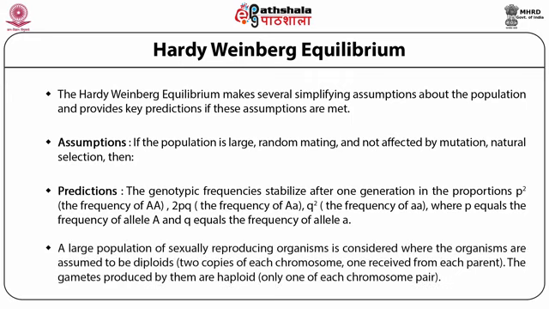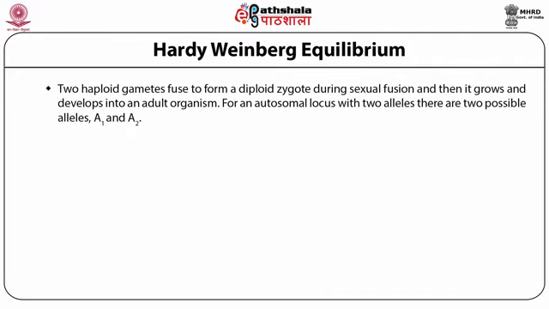A large population of sexually reproducing organisms is considered, where the organisms are assumed to be diploid. By diploidy, we mean two copies of each chromosome, one received from each parent, are present. The gametes produced by them are haploid, that is, only one copy of each chromosome is present in the gamete cells. Two haploid gametes fuse to form a diploid zygote during sexual fertilization, and then it grows and develops into